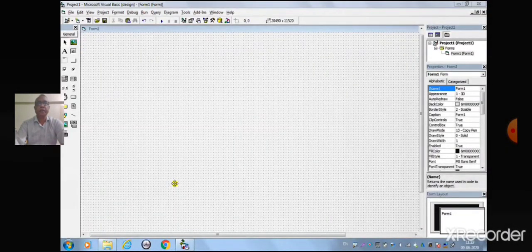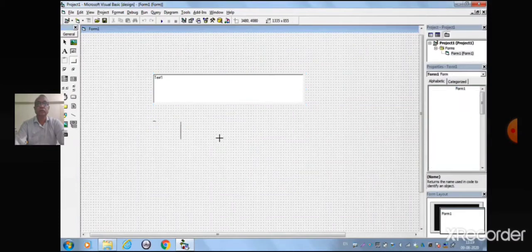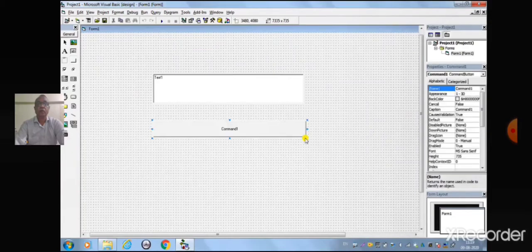Create the interface. First, we will place the text box, and also a command button down below the text box. Now go to the properties window.